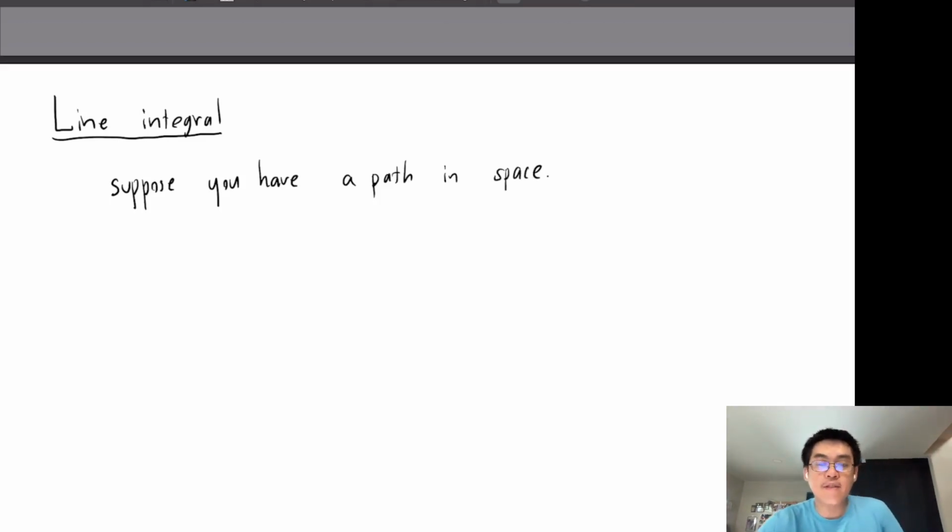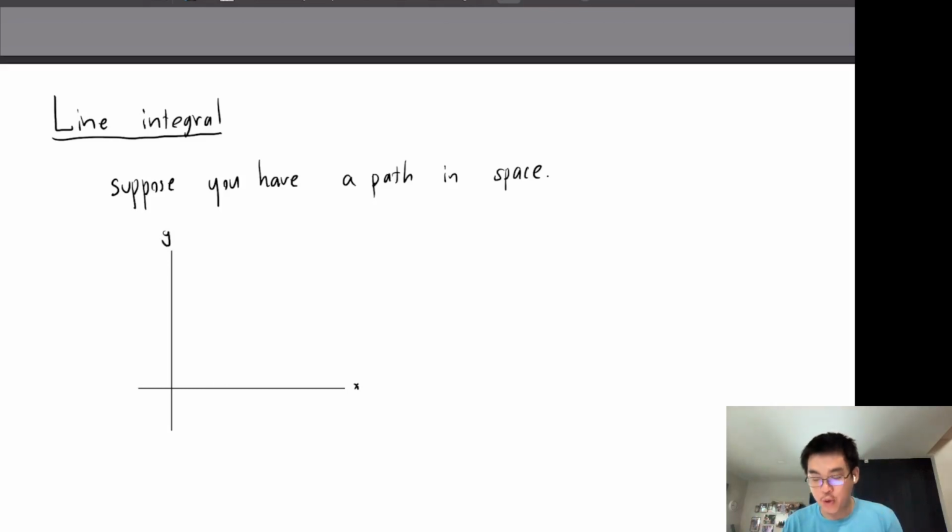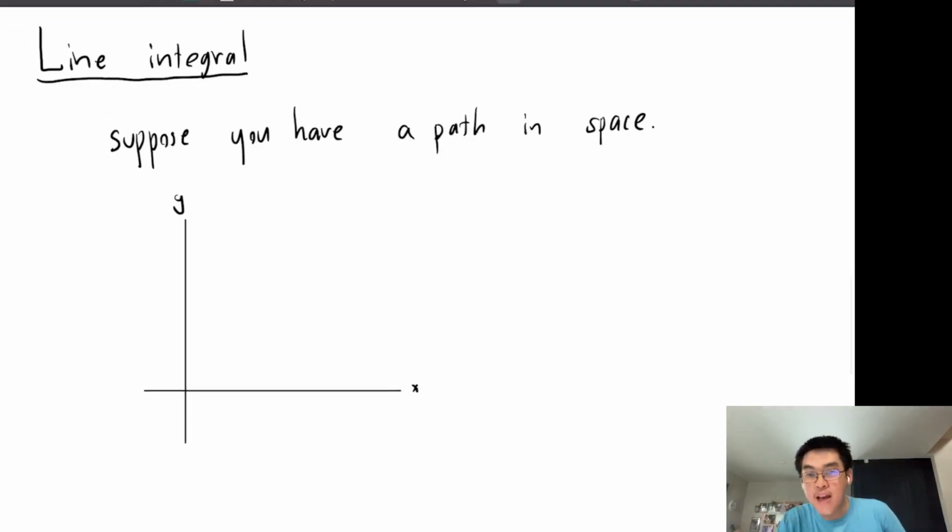Okay, suppose you have something called a path in a space. So what does that even mean, right? Let's say you have a y-axis, then you have an x-axis, right? This is x, this is y. You can have x, y, z too, so the idea is the same. And then let's say that you walk along a path like this,